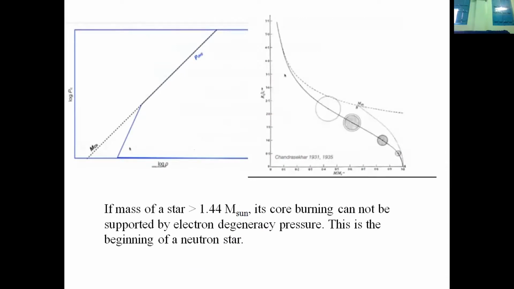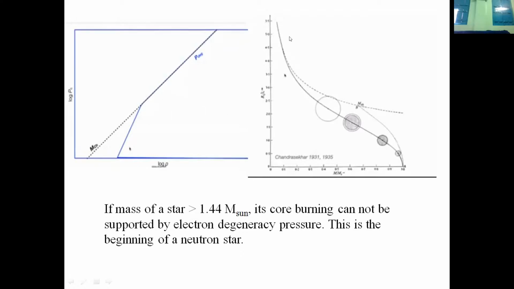Now, Chandrasekhar has depicted this in his papers in 1931 and 35. Here on the left side, you can see the equation of state. The equation of state changes from the non-relativistic case to the relativistic case, not drastically. It's a continuous change. And the Chandrasekhar limit goes as a tangent to the equation of state.